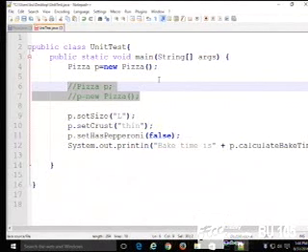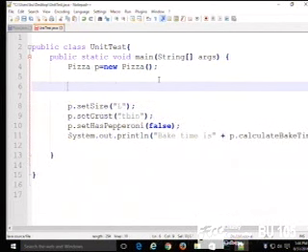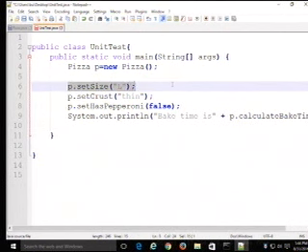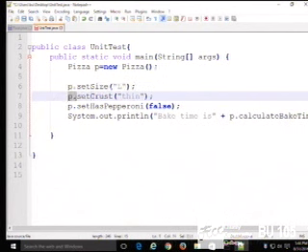So now that we have a pizza object, we can do pizza things to it. First, we can set the size of it. We can call P. This particular pizza is going to be a large pizza. This particular pizza is going to be a thin crust pizza.